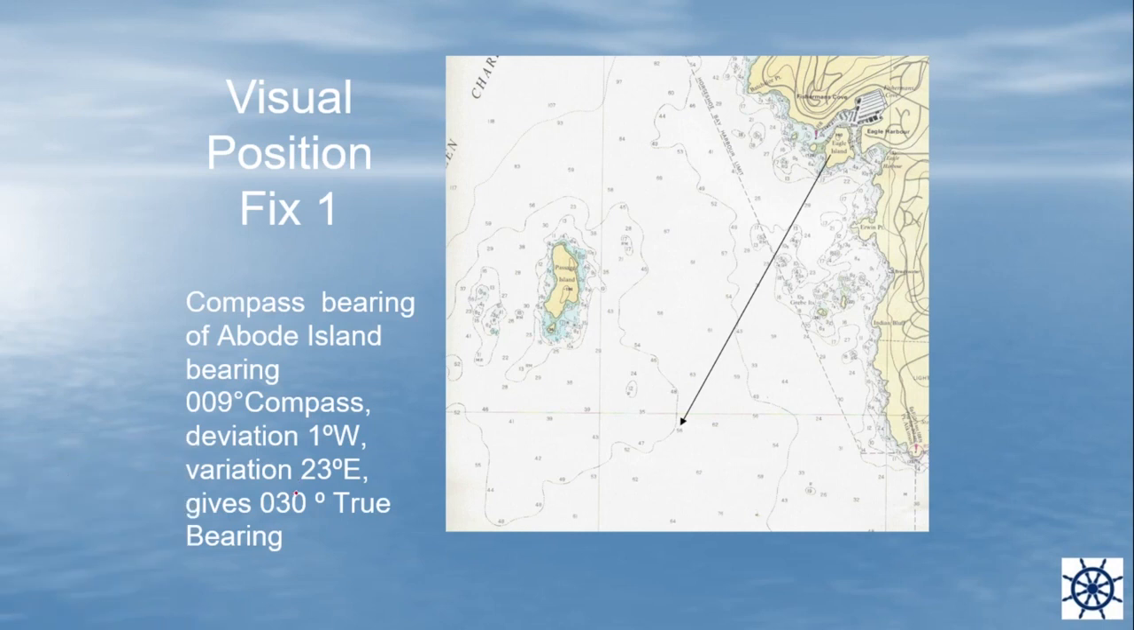Here, I think this is 31. We have to correct this one, because according to the rules, that is the rule of compass to true. When we want to take the true of this body, an island, our compass is 009, and our deviation is 1 degree west. So you have to subtract, it will become 008